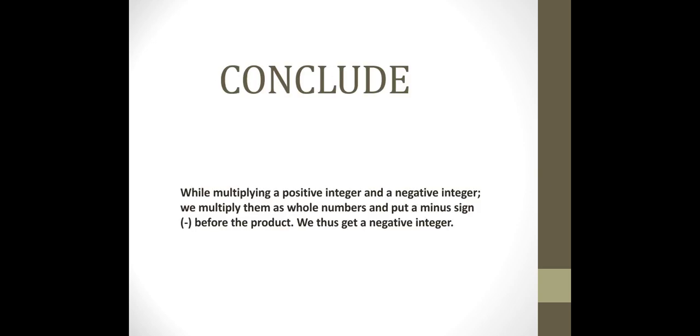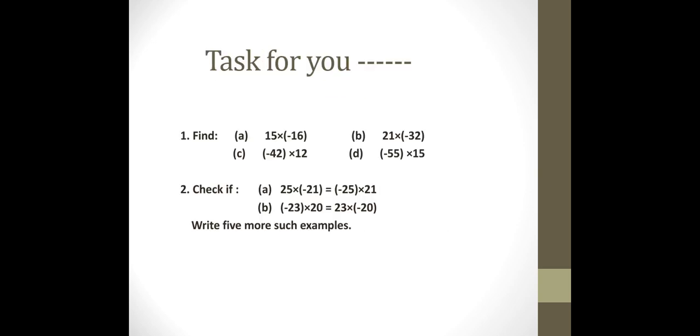That is what has been told. So students, here are a few tasks for you. For example, in number 1 a, you are given 15 into minus 16. So what have we learned? Just multiply 15 into 16, find the result and put a minus sign before the result. That will be the answer. In a similar way, find number 1. Number 2,